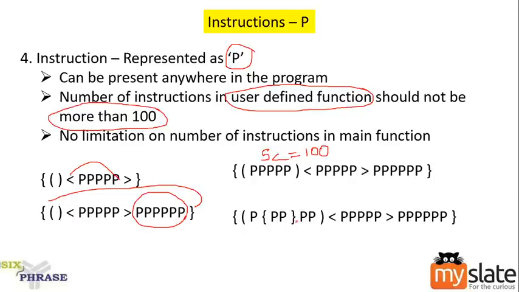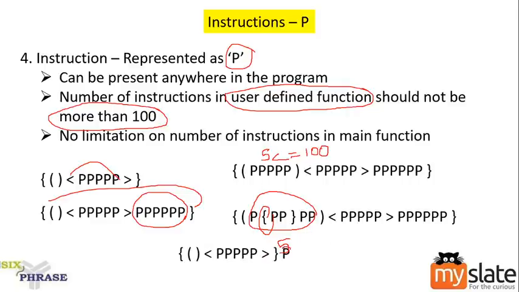Alright. Next case. This one also, guys, think about this also. Within the looping part it is present. Even though it is within the looping part, all these instructions belong to the same user defined function. So in this case also, count should be considered as 5. Count should not be considered as 3 because the loop is within the function. So take this count also. Count should be considered as 5. Clear? Okay.